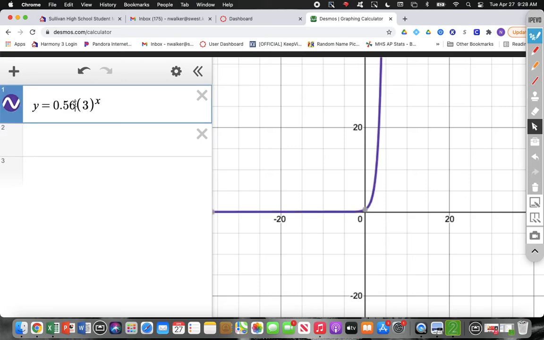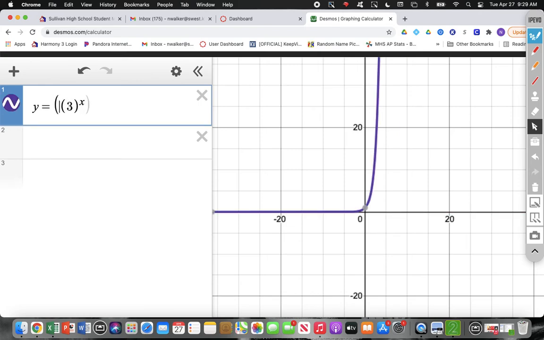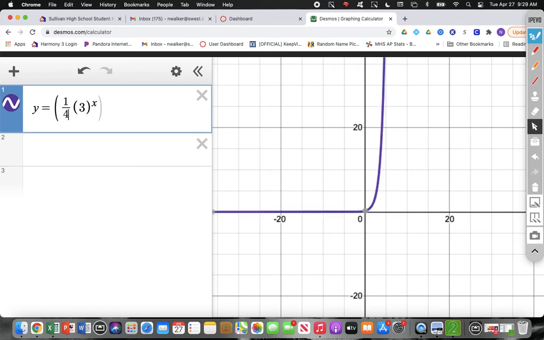It does not matter what that coefficient is in front. If you have something like 6.5, it stays growth. If you change it to something really little like 0.0009, it's still growth. If you change your base to a fraction, if you put 1/4 in front of it,